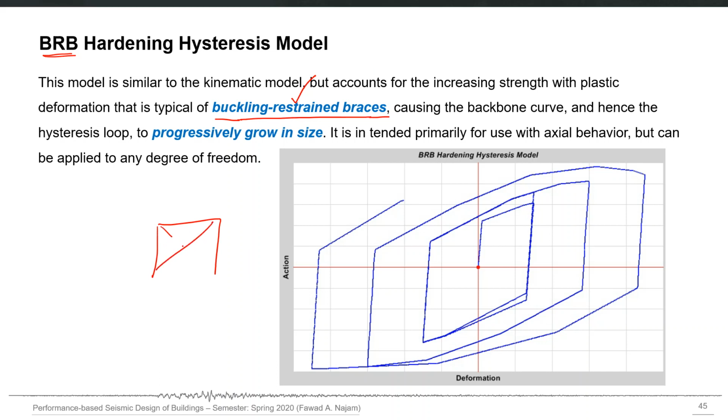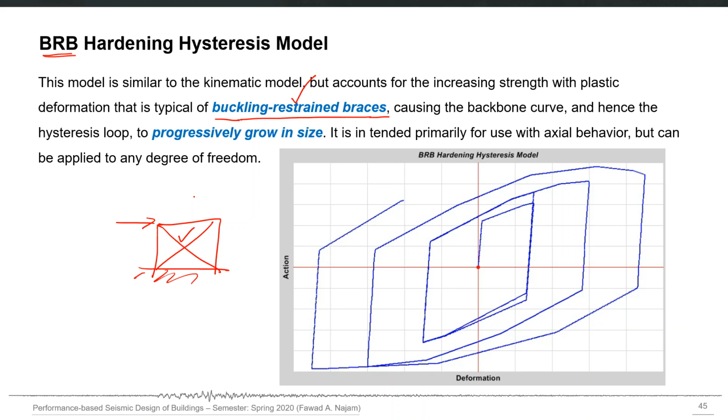For example, if I apply these two steel braces and apply lateral force, this brace which will be in compression may buckle. So in some cases you can specially design what we call BRBs, in which we use, for example, hollow steel sections filled with concrete. So concrete takes the compression load and prevents the steel from buckling.